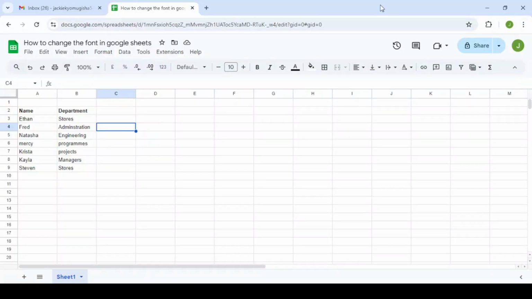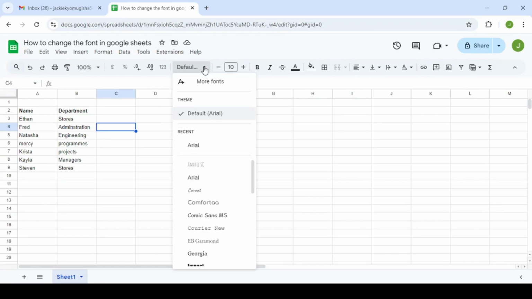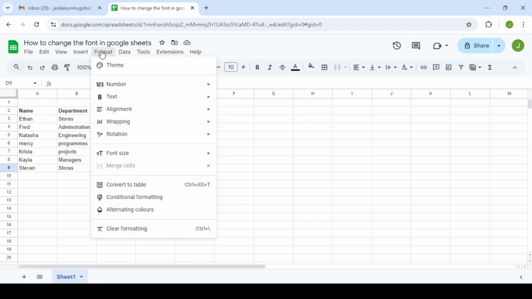Let's learn how to change the font in Google Sheets. I have a list of names in my sheet here, and then the departments, and by default, this list is in Arial. So if I want to change the fonts, I'll go to Format, and then click on Themes, and